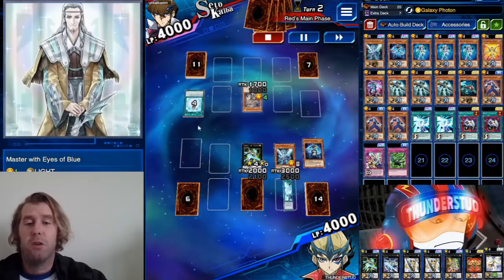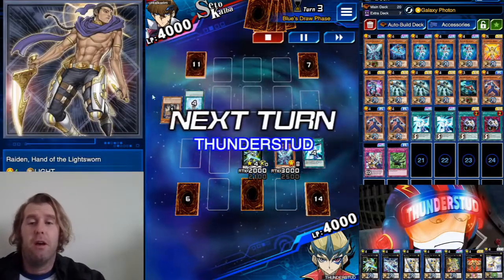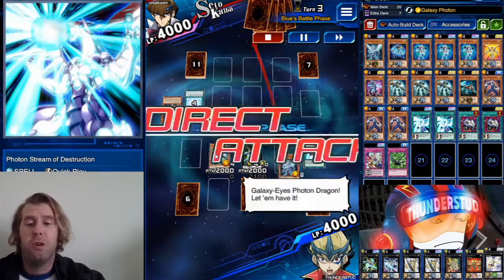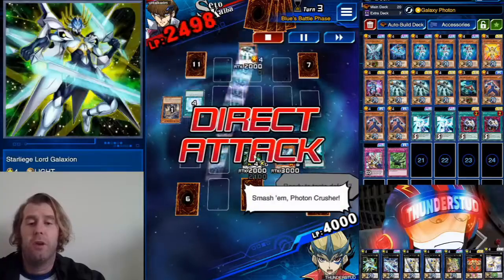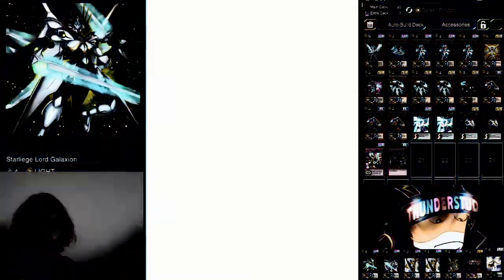He mills a Master. So he mills a Master, searches his hand. Master works like Sage, but from the graveyard. So he was gonna Master that Raiden, bring out a Blue Eyes, but we hit him with the Stream of...